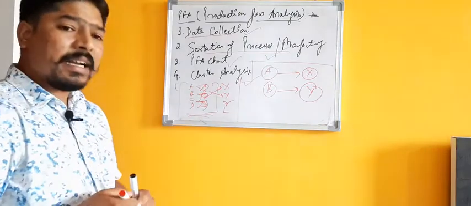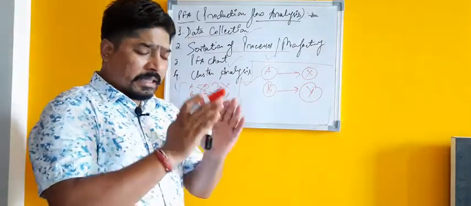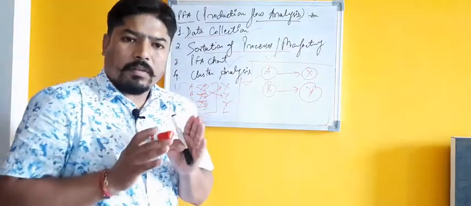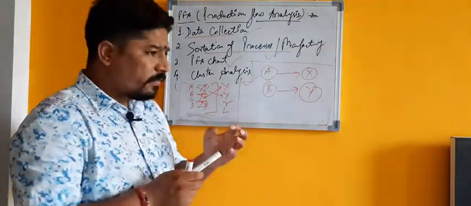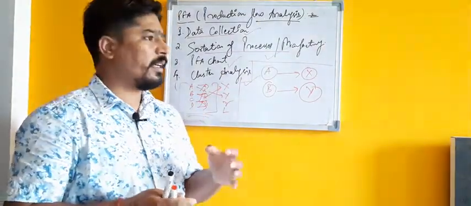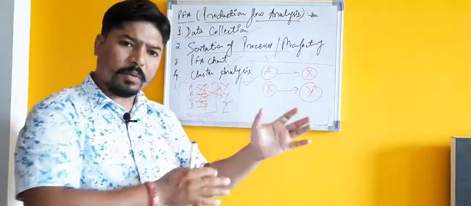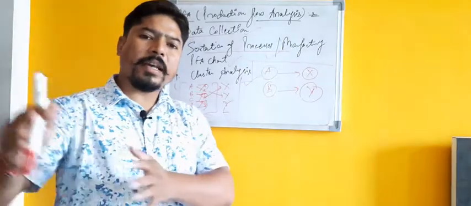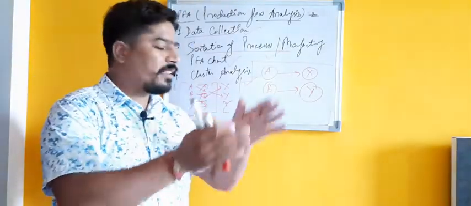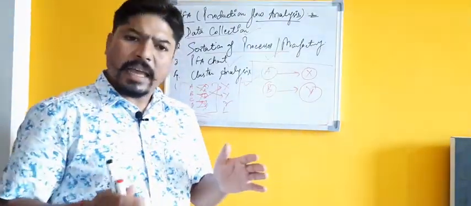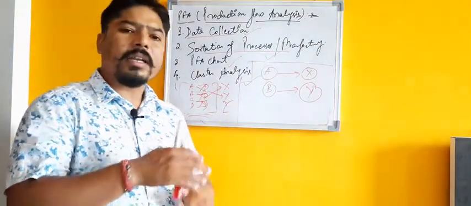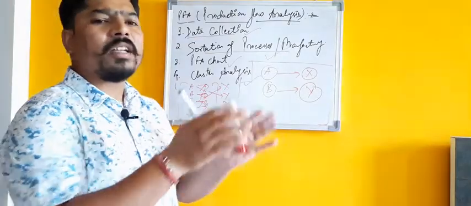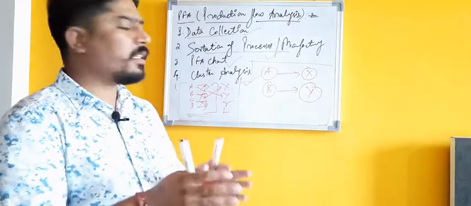So we need to maintain that data in the form of a sheet, making a sequence. For example, these are the different components A, B, C, D, and these are the different manufacturing processes X, Y, Z which are used to manufacture these different parts A, B, C, D, E. A comes 10 times on X, B comes 10 times on Y. So the chart is the processing or the sorting.